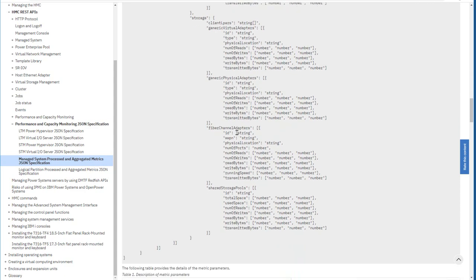Right, then we've got the storage down in here, and we have 4 different types of storage. We have the generic, and then we have the virtual SEA, and then we've got the generic physical. That's the physical adapter we're moving the storage IO to. Then we have fiber channel adapters in here, and then we have the shared storage pool, a nice feature that I use. Right, so that's the system. There's another one down in here for the LPAR data,